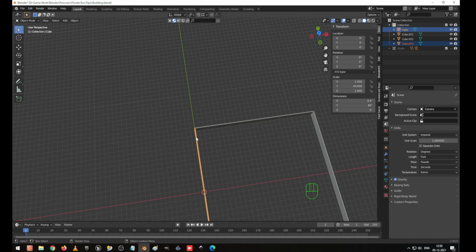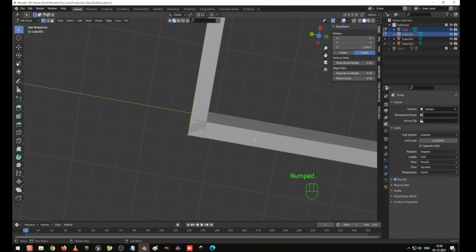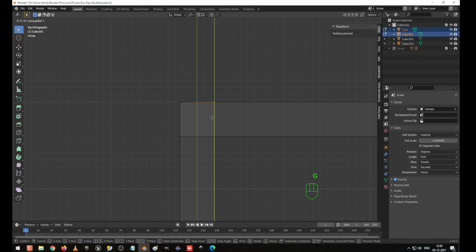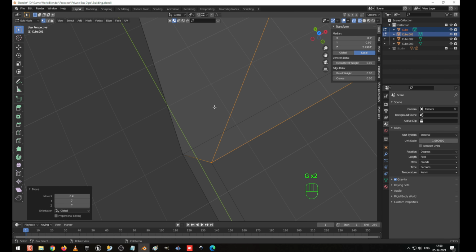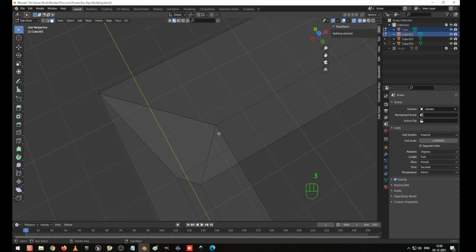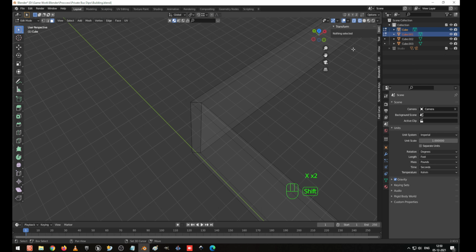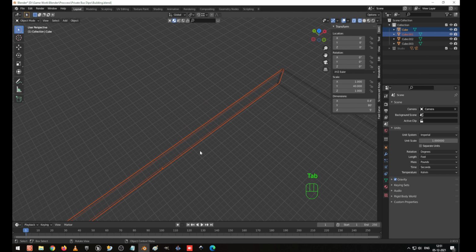One more two corners we are having. Select this, go to edit mode, press the period key, select that and zoom it, go to the top view, Shift Z to go to the wireframe mode and G Y, use this, select this, G X, use this and go to the face selection, select the face, X to delete. So I'm going to repeat the same for the other one, so I'm not going to guide. Not going to guide means I'm not going to give the voice, I just do it.